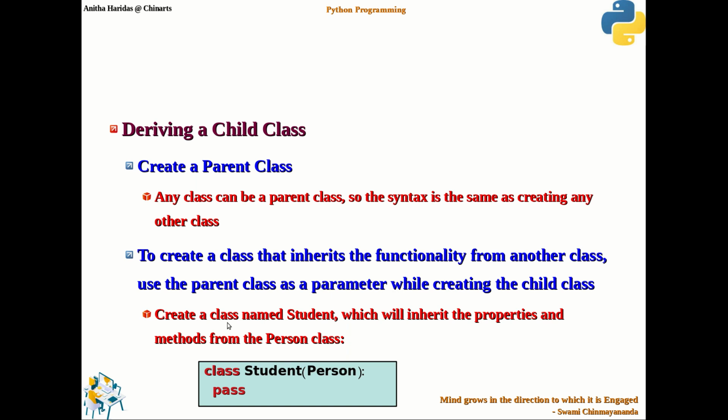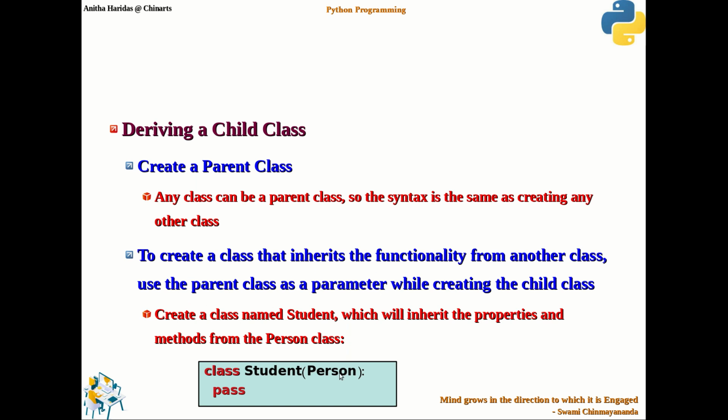Now you create a class named student, which will inherit the properties and methods from the person class. In that case, you declare class student and pass the parent class name as the parameter while defining the class itself. That is the point to be noted here. When you define a child class, the parent class must be passed as a parameter.